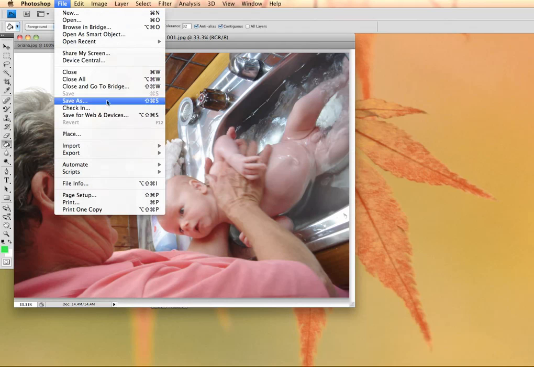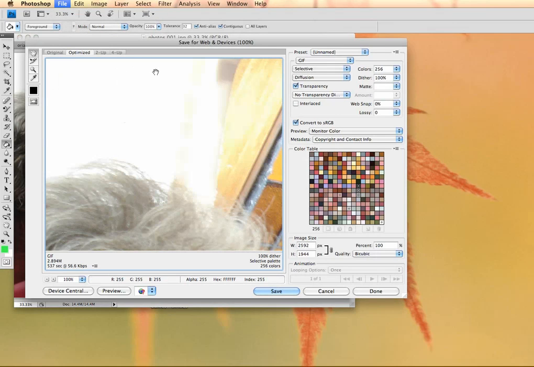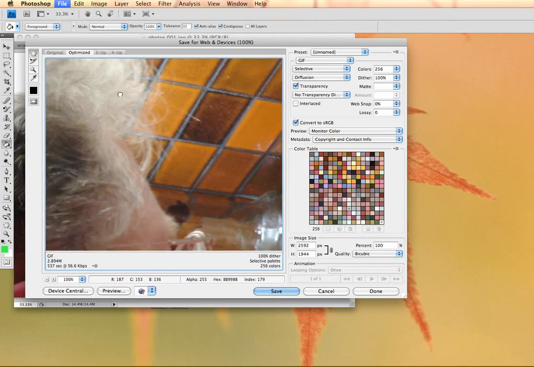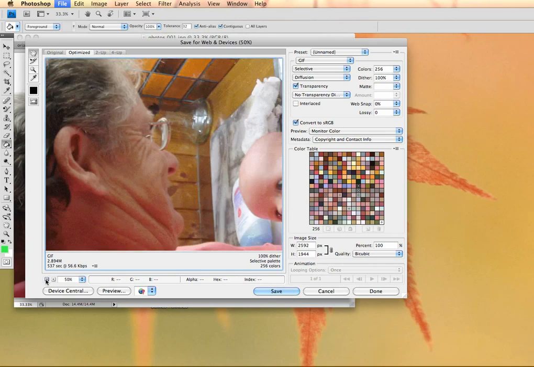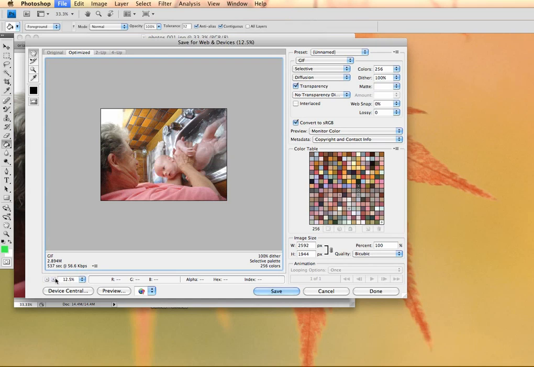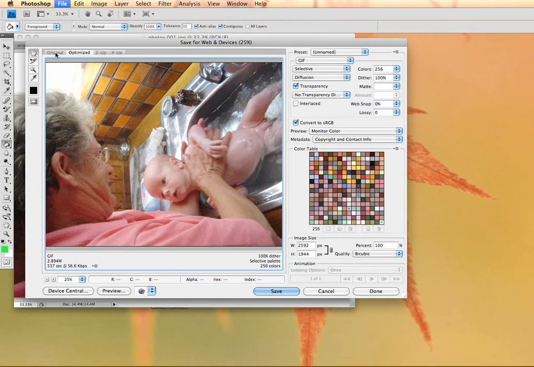So if we have a look, this is Photoshop, and if we have a look at Save for Web and Devices, that will give us some options in terms of modifying that file. So we can zoom in and out of that using the plus and minus keys here. And you'll notice straight away that the quality of that image is very different than the original. So if I have a look at the original, it's quite clear. And then when I go to optimize, you get a lot of pixelation, and there's some funny things happening with